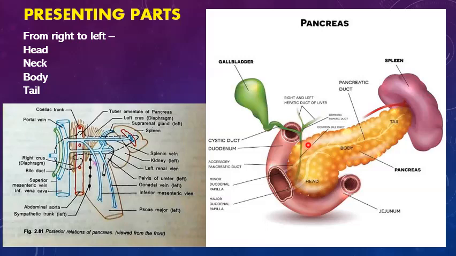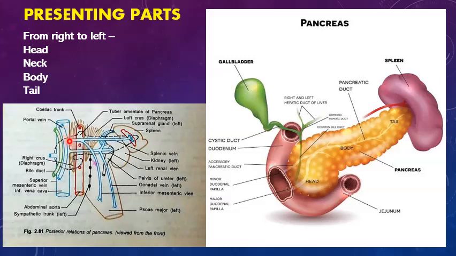So this is gastroduodenal artery. A groove is seen anteriorly at the junction of head and neck. Posteriorly we will see the right margin of groove of portal vein. So in the posterior aspect, now this is the portal vein.